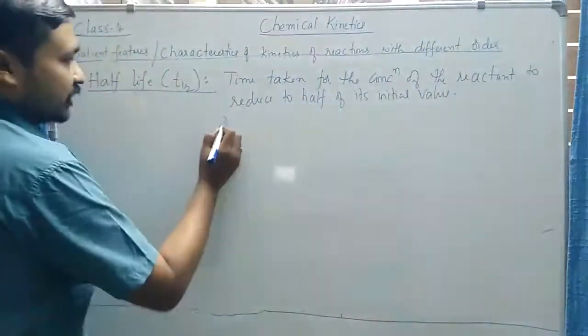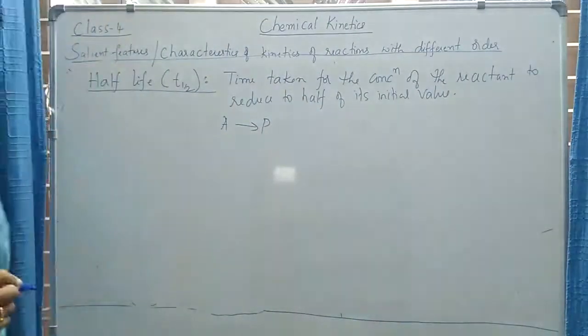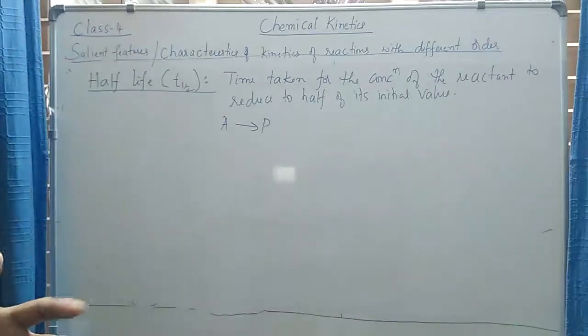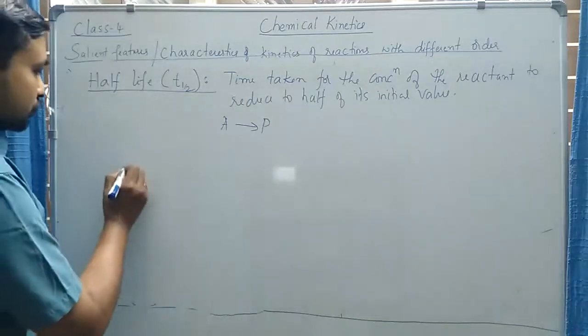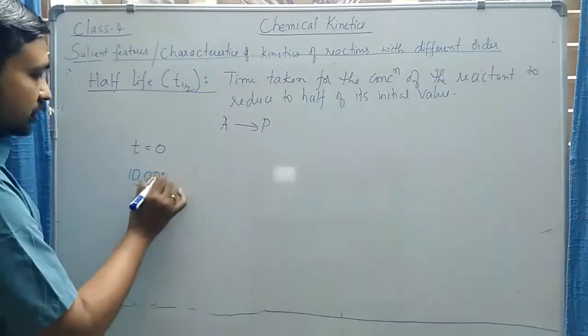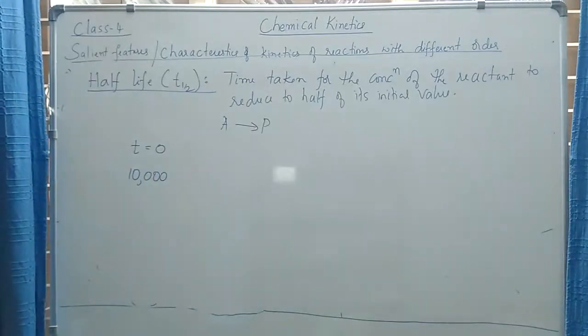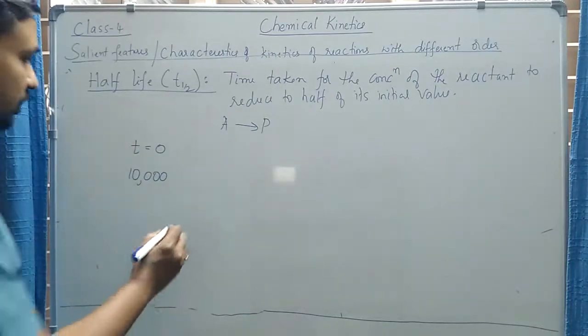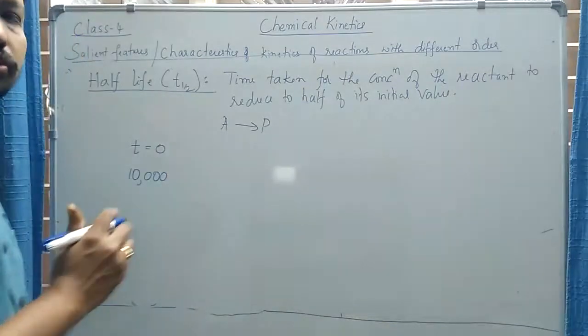Say if you have a reaction A giving product, and I will not speak in terms of concentration, I will speak in terms of molecules, so that things look very easy. So at T is equal to 0, I have taken 10,000 molecules of A. As the reaction starts, the reactant A will be converted to product. So concentration of A starts decreasing with time,